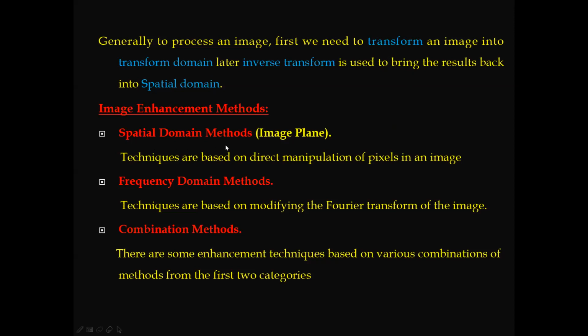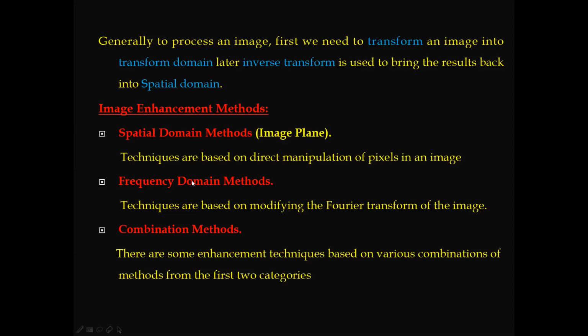One is spatial domain methods, which we can call image plane techniques, based on the direct manipulation of pixels in an image. So we can perform enhancement by direct manipulation of pixels with a technique called spatial domain methods.